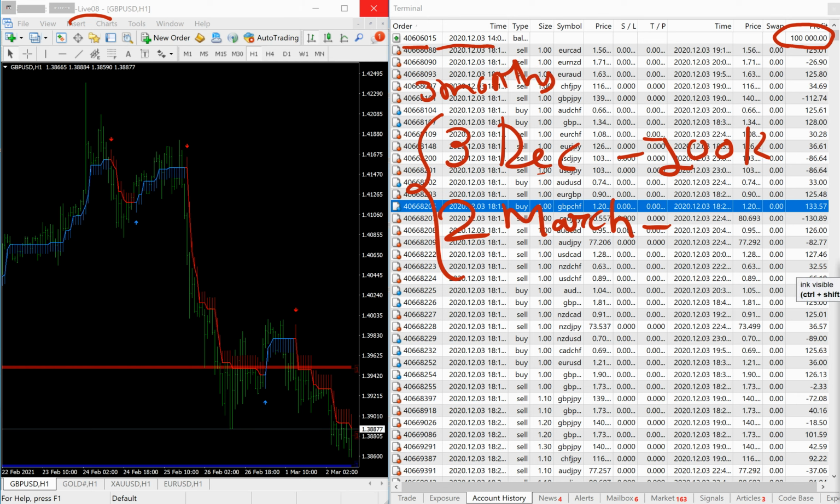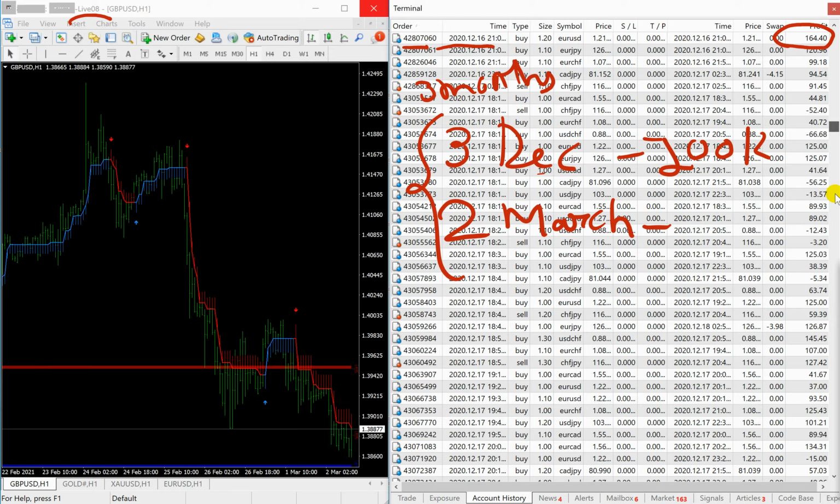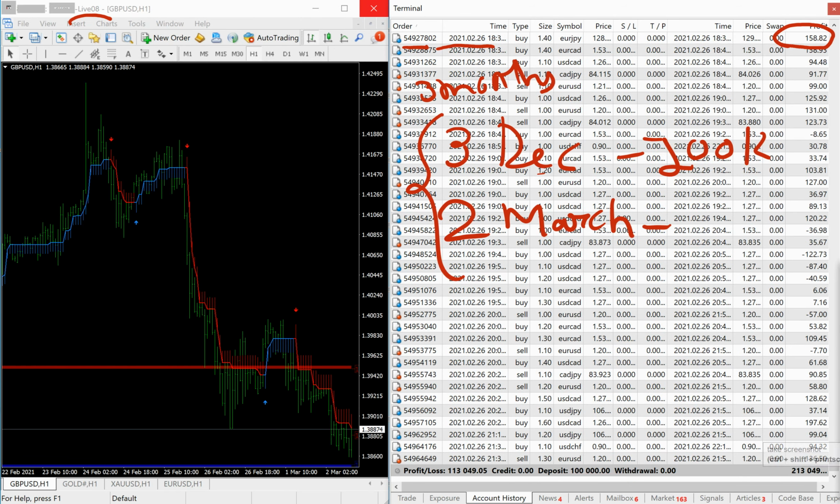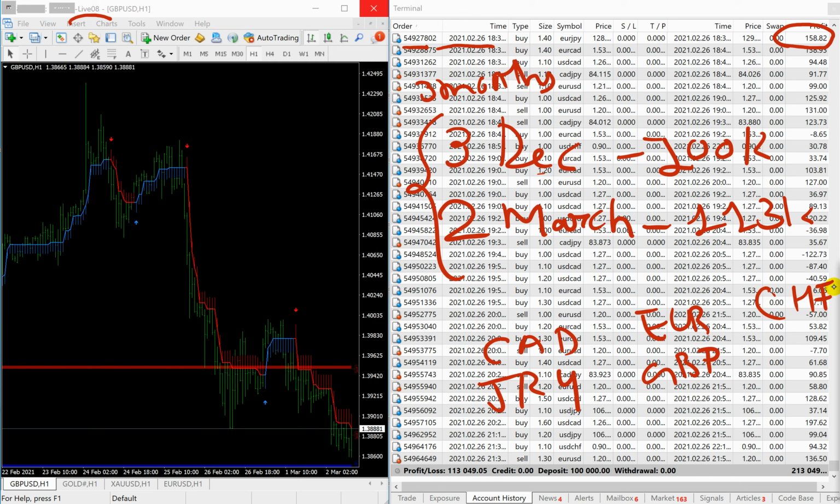We'll see what profit has been made on this account. So here the total profit made on the account is 113k, and this has been made in a 3 month period of time. Here we are placing the trades in CAD related pairs, JPY related pairs, Euro related pairs, GBP related pairs, then CHF related pairs. Here also the trading is being done with a holding strategy.